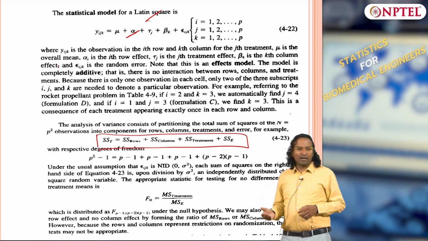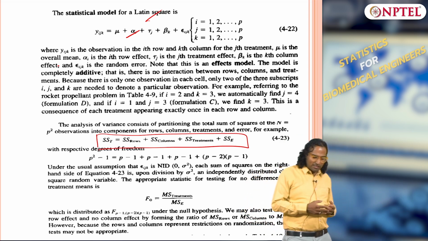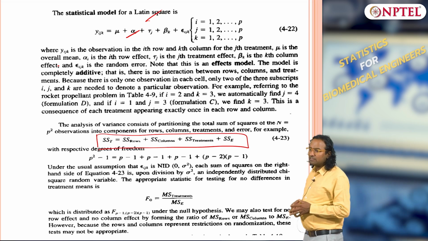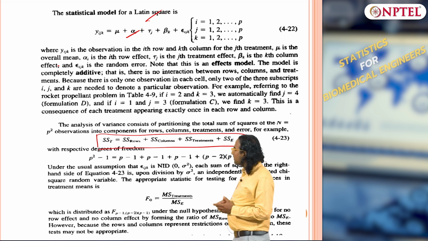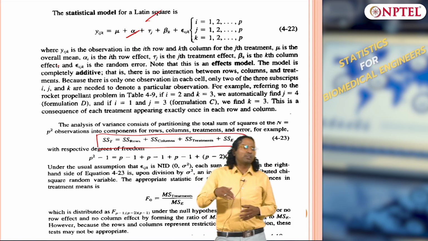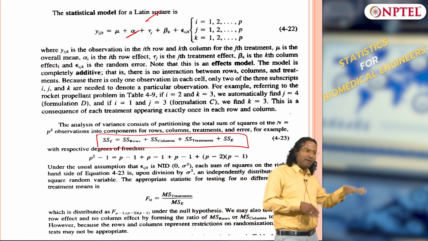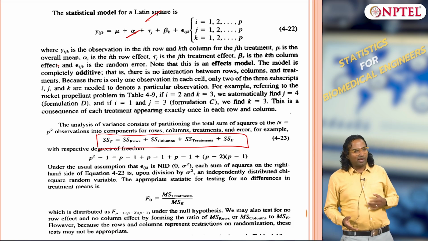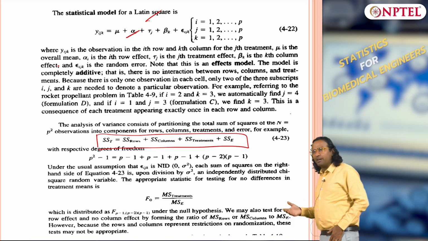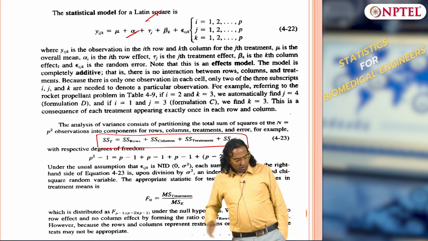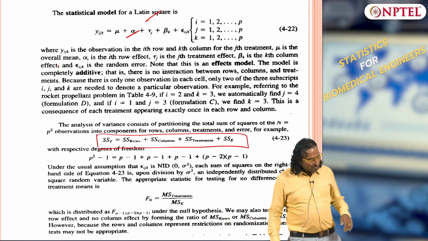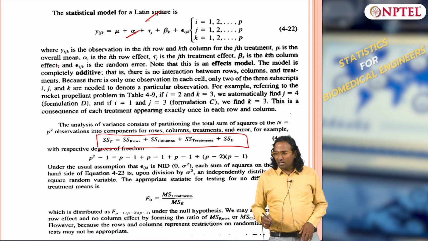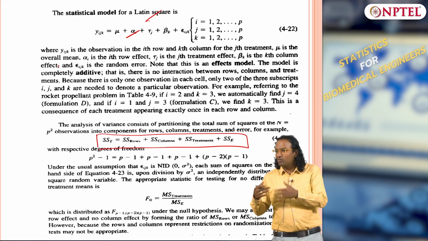So this is the statistical model for a Latin square, where we have extended by one more independent variable, and then the sum square total is now split into rows, columns, treatments and sum squared error. Again the advantage of doing it is that the sum square error becomes even lower, but at the same time the degrees of freedom also get lower. Nothing comes for free. So this is what we have: sum square rows plus columns plus treatments plus error. Now we are not going to derive things, as you know the complications have built up.